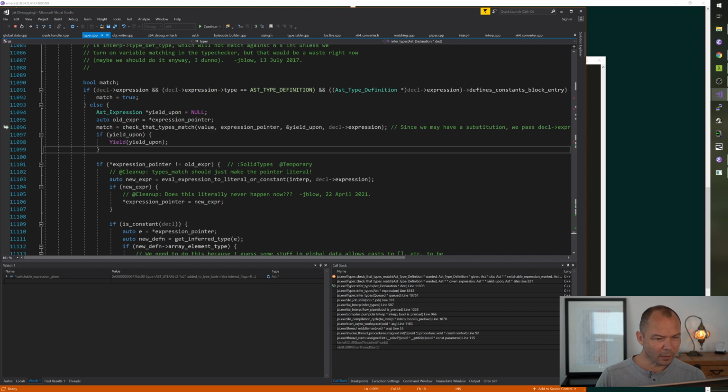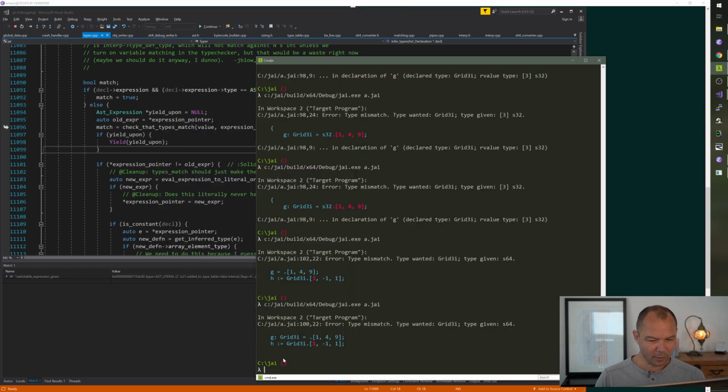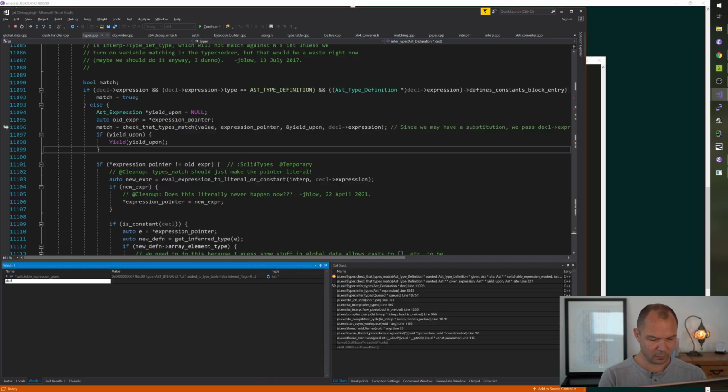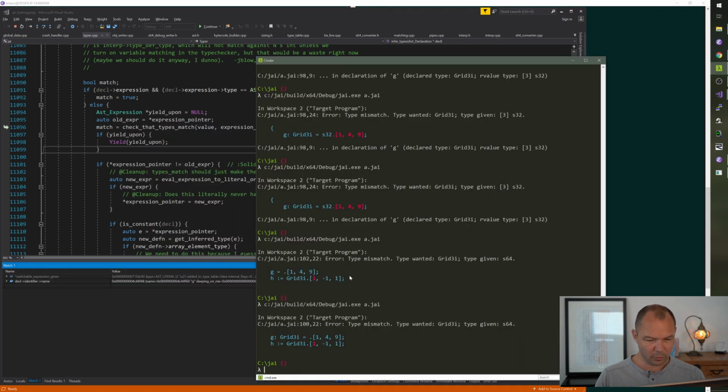What am I even looking at? Wait, what? This is the declaration of H, right? No, it's the declaration of G? Wait, what? How? Then why are you highlighting that?